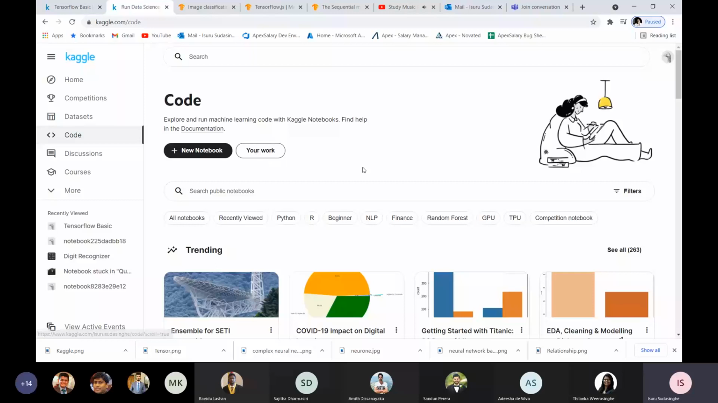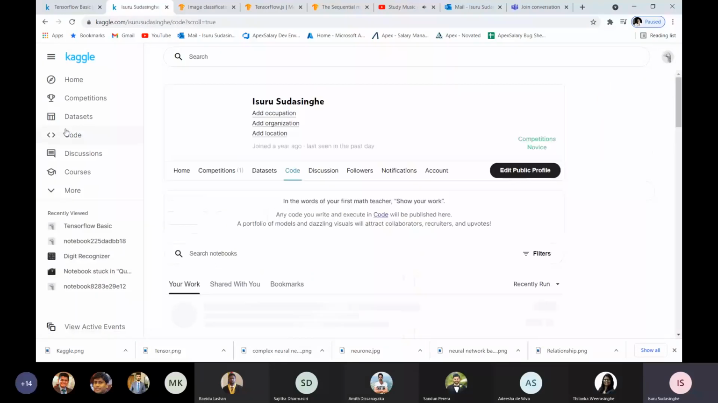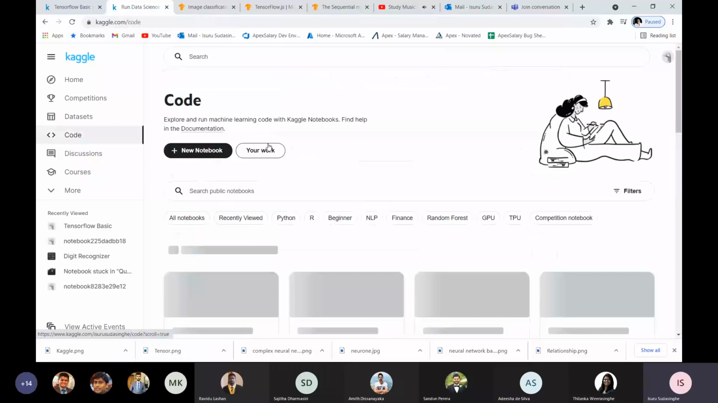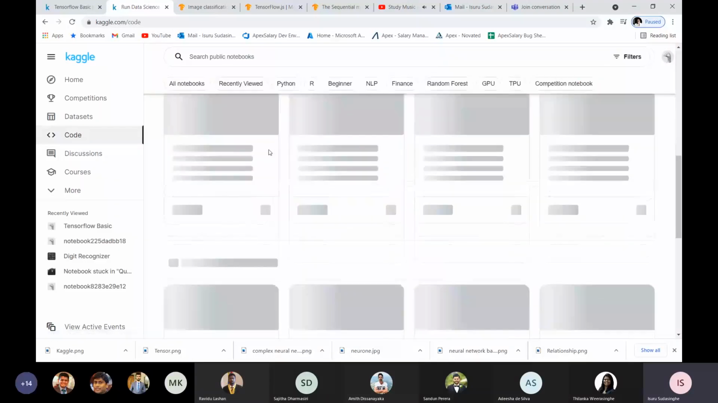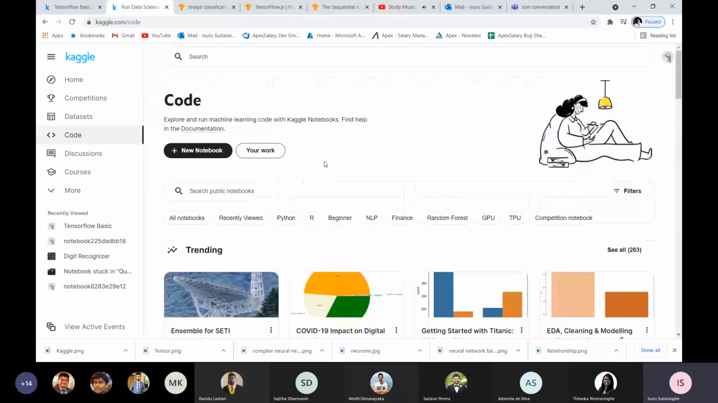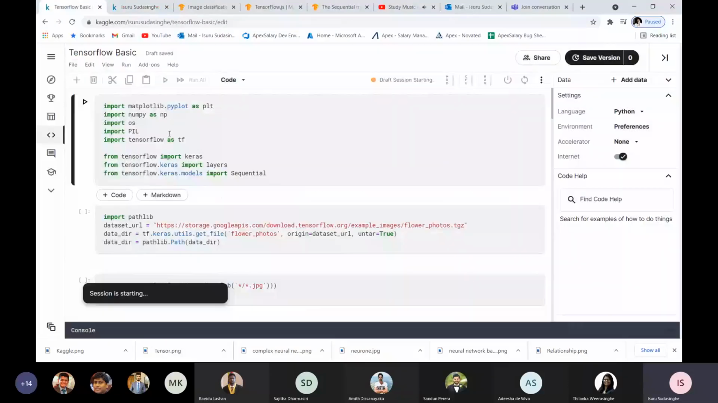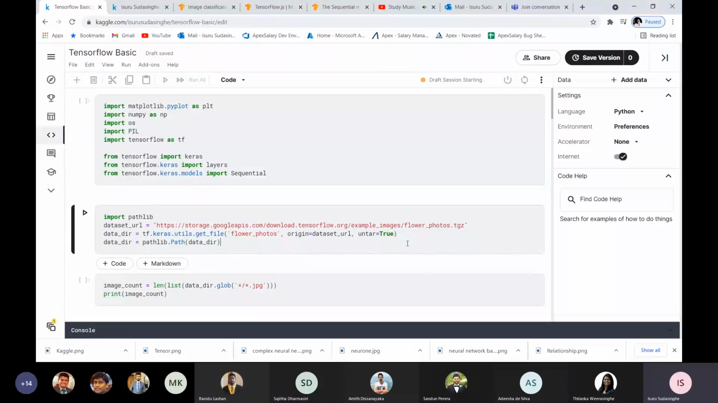Once you register, you can come into this code section, and here you can see the work that I have been doing. So this is the notebook that I created to show you how to do a basic neural network using TensorFlow. Another thing about the notebook is, if you are not familiar, as you can see, there are separate cells,